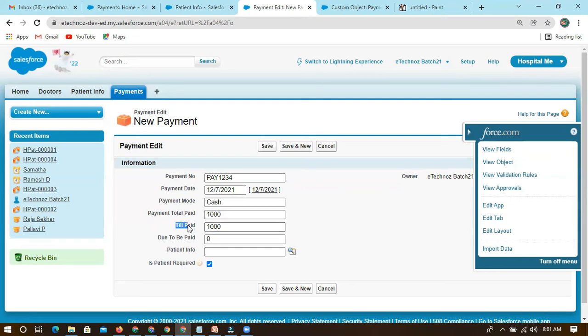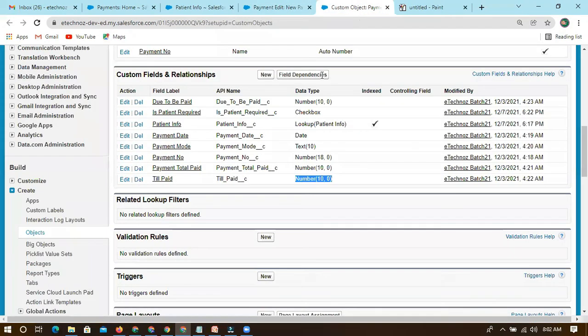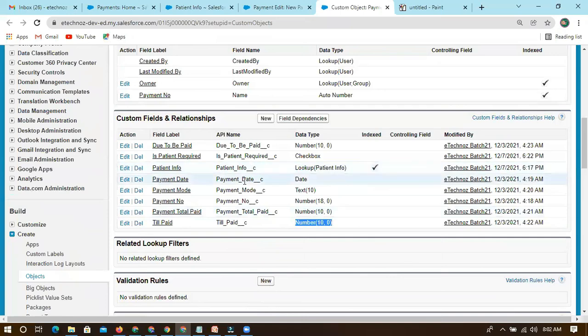So let's take till paid, which is having 800, instead of payment total paid. It should be something like total to be paid, so that it will be clear. So instead of total paid, it should be total to be paid.